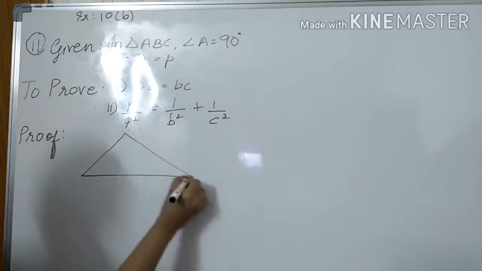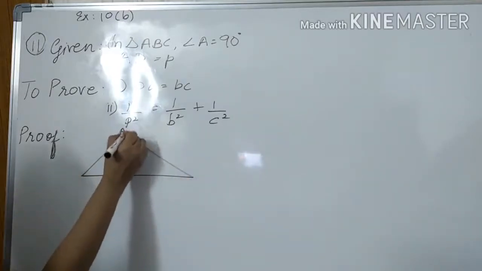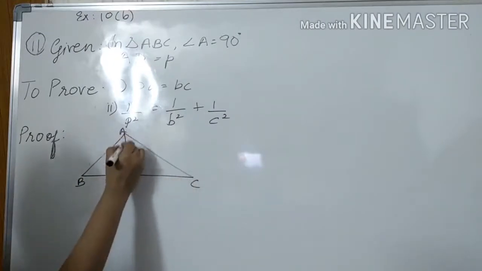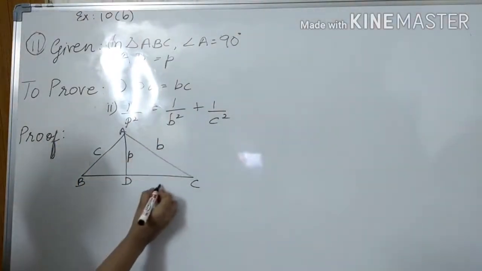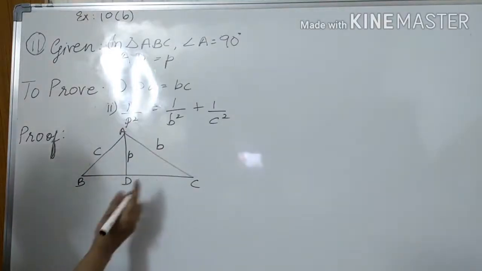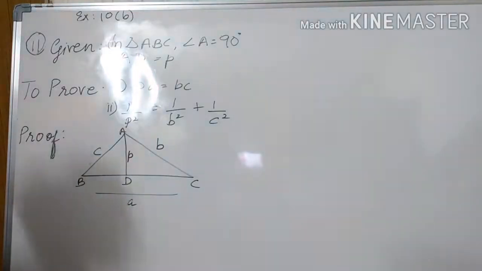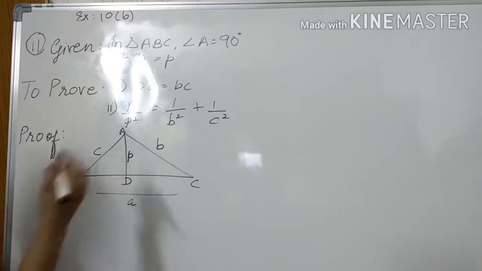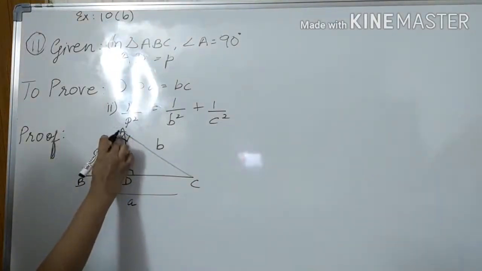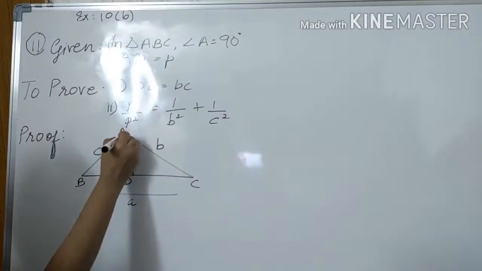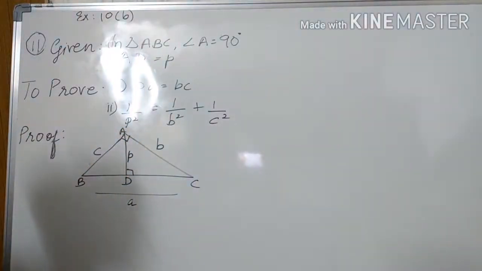So I'll draw the figure. This is the triangle ABC and perpendicular AD on BC, whose length is P. And here is C, here is B, and this C is written here. A is written here, but it is actually of whole BC. Okay, so don't get any confusion. Also, here, first of all, we will write this is the perpendicular. So this is 90 degree. And angle A is also 90. You see in the question already it is written that angle A is 90 degree.